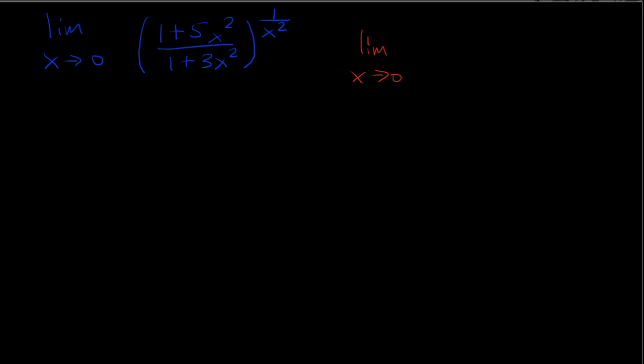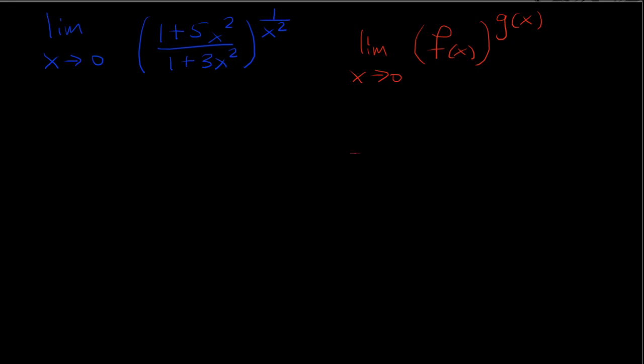All right. Next, we're going to be looking at the limit as x approaches 0 of (1 plus 5x squared over 1 plus 3x squared) raised to the 1 over x squared power. Okay. For this one, I want to use this property. So if the limit as x approaches 0